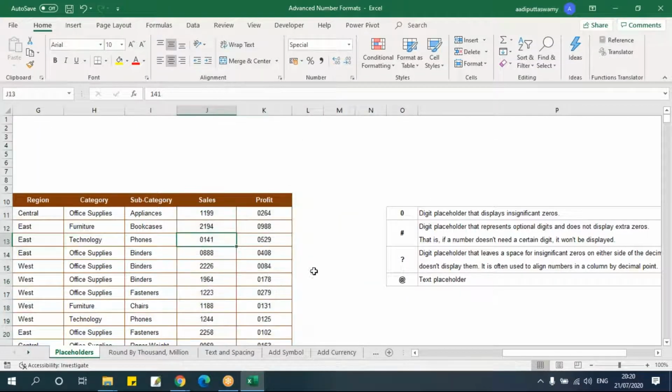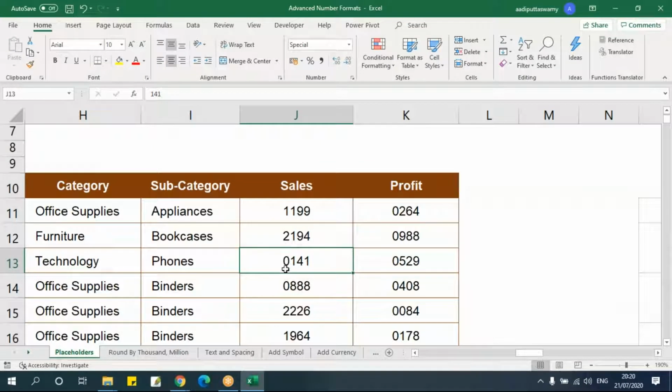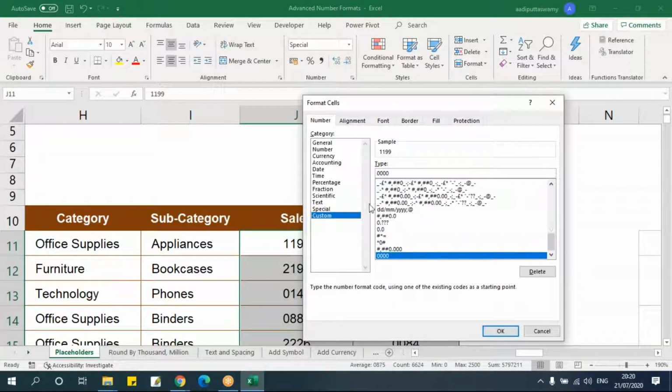So here you can see the number shows 0. That means if I put a 0, it will occupy that space. But if I put hash, let me put four hash and say OK.